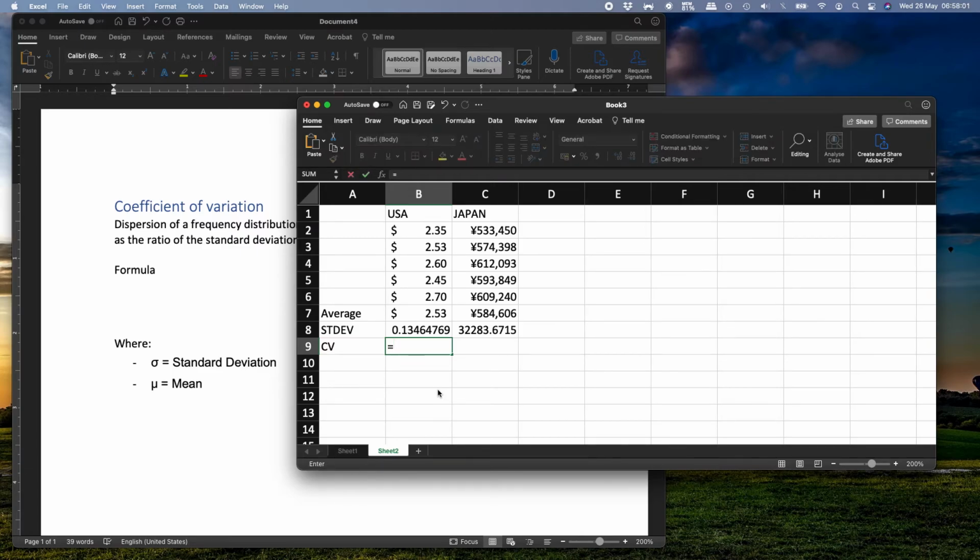Check this out. We're going to divide the standard deviation by the average, and we get, this should not be currency, this should be percentage, 5.33% difference. Okay, and if we do this with Japan, let's see what we get. We get a 5.52. So the coefficient of variation is not really that much, even though the amounts